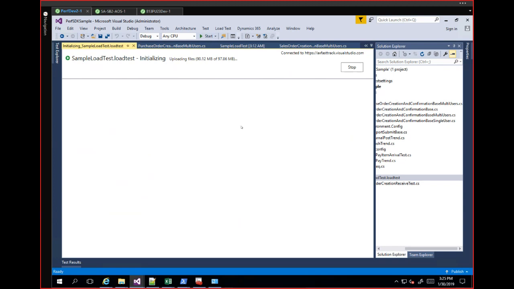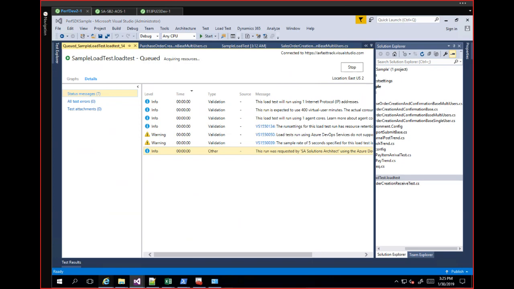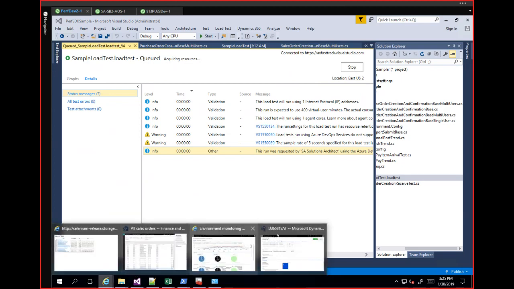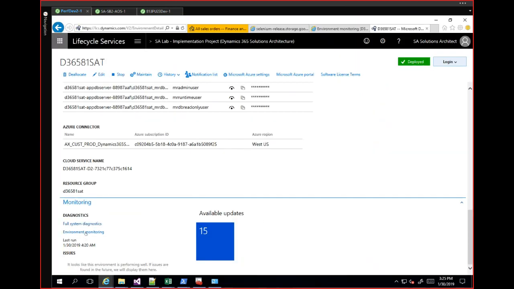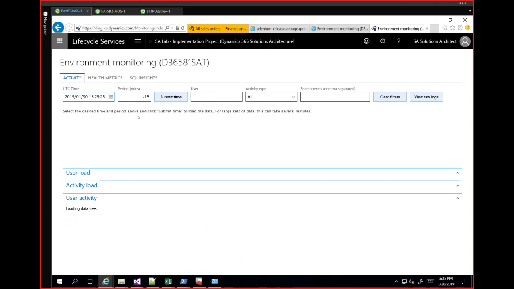How you're going to monitor, how you're going to troubleshoot, and what kind of tools are available, you can refer back to our tech talk regarding performance troubleshooting tools. Basically, you want to go to the environment monitoring in your performance testing environment and use it to monitor during your testing scenario